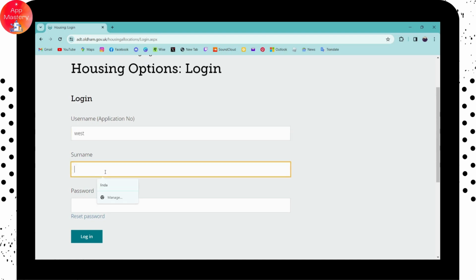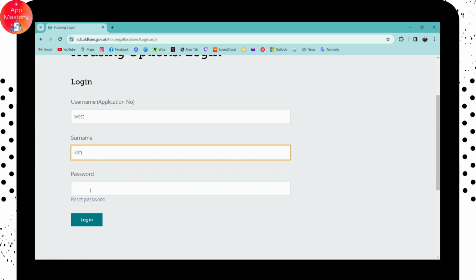Enter that. Here you need to enter your surname, and once you enter your surname, now here you need to enter your password. But if you forgot your password, then you can go for a reset password so that you can reset it or recover it. And once you reset your password, and then you can again go to the login page, and now you need to enter your password. And once you enter that, you can click on login,